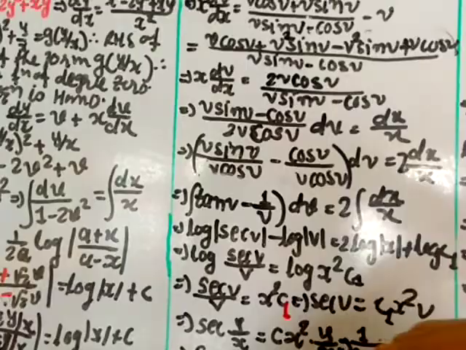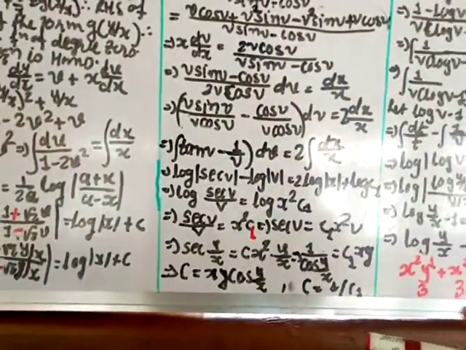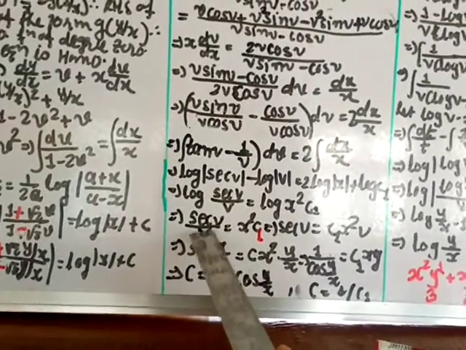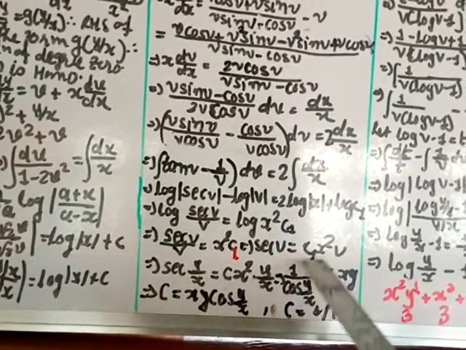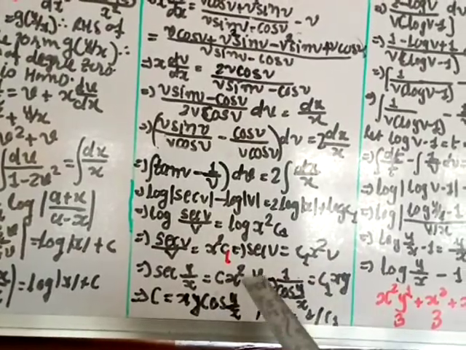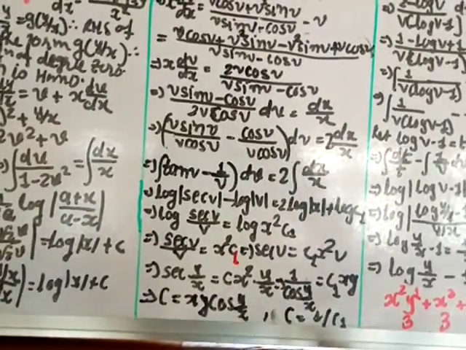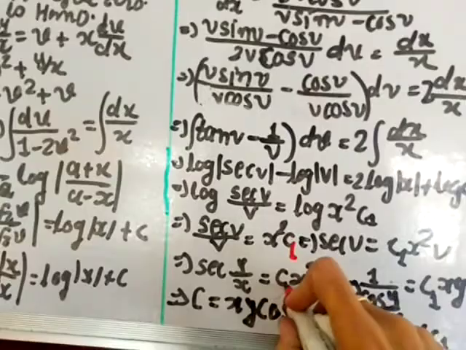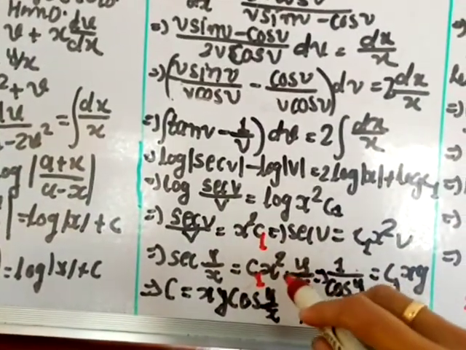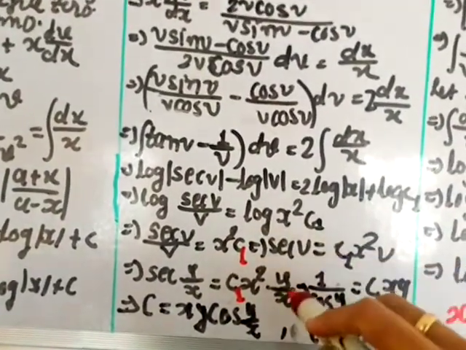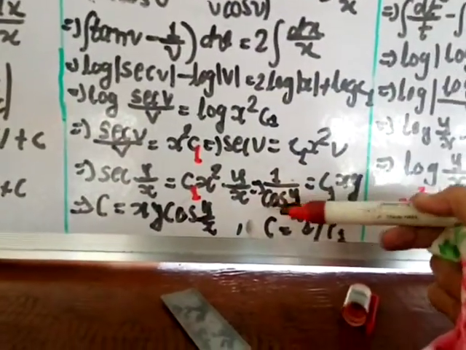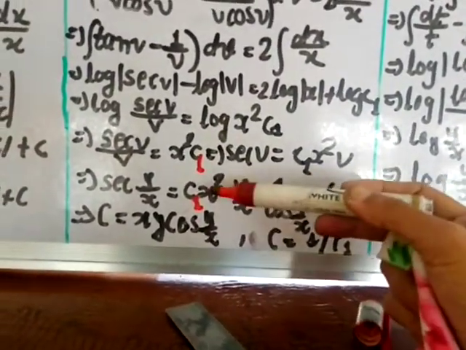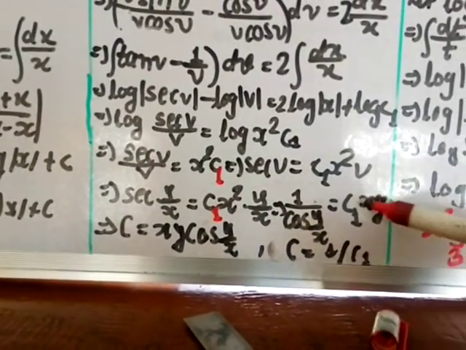Then put the value of y back. What is the v value? Put the value of v back, that is y by x. So here sec y by x equals c x square, and y by x, here also c1. Let us change this into c1. Here y, and this one x square, and instead of v, y by x. And this sec y by x can be written as 1 by cos y by x equal to c1 by x. See x square and x, so 1 x I have cut, so you get xy.